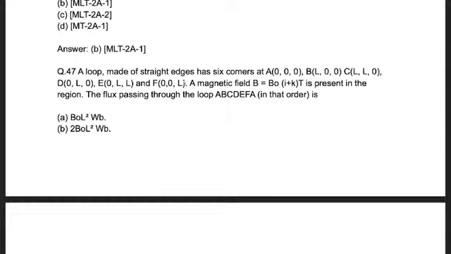A magnetic field B equal to B0(i + k) T is present in the region. The flux passing through the loop A, B, C, D, E, F, A in that order is